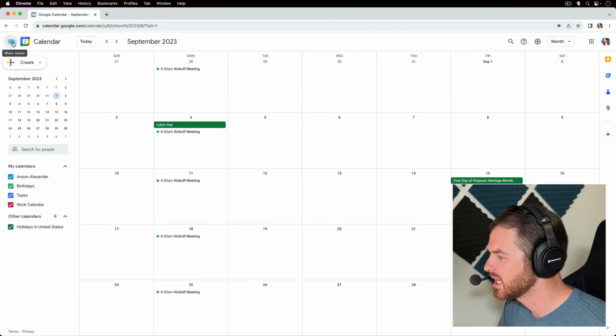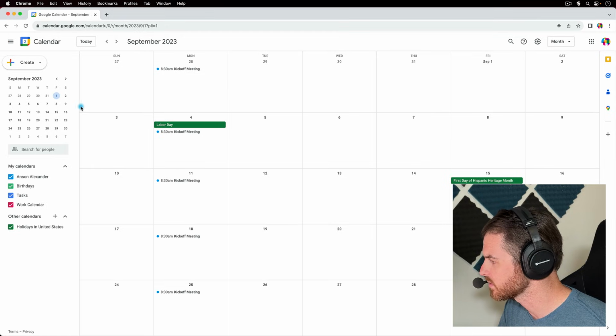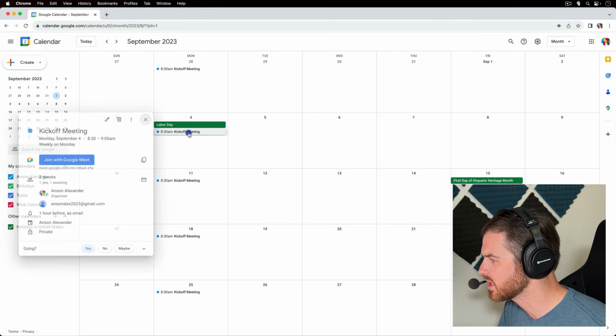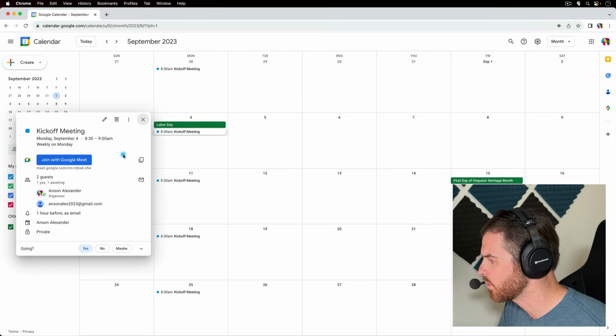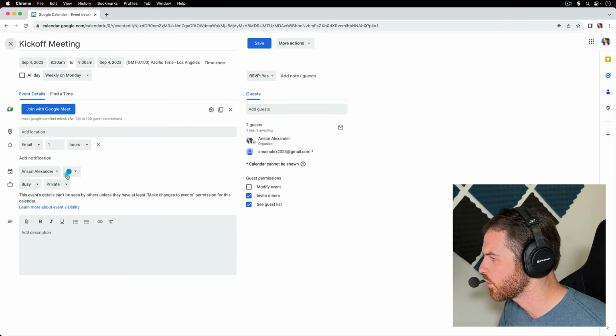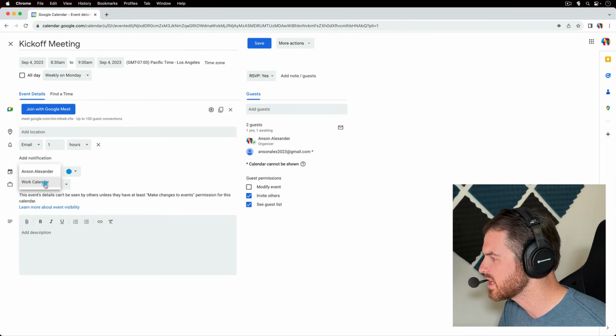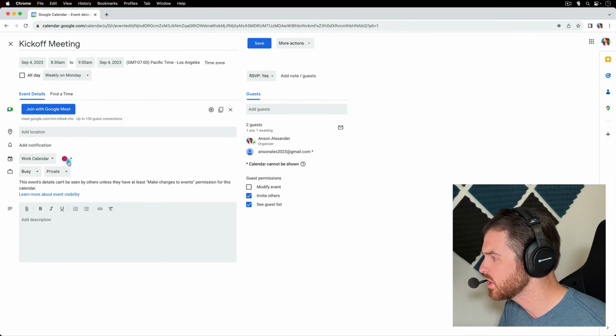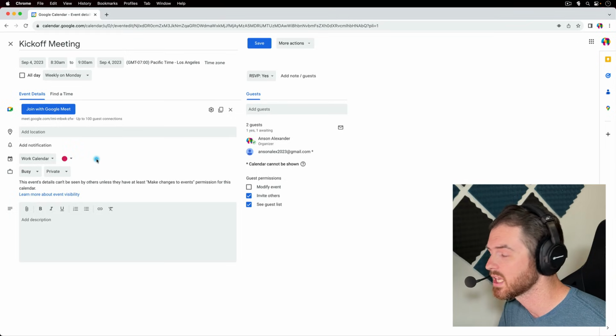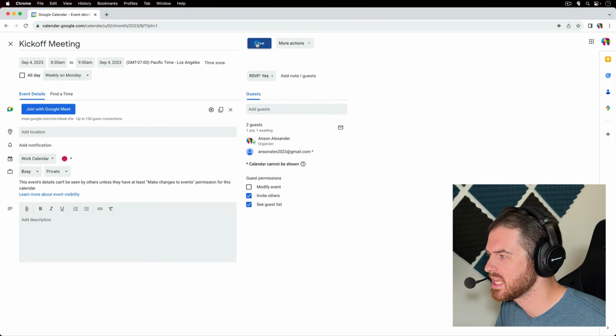Let's go back and make sure that this calendar is actually working. So here it is. We have Work Calendar. We have this kickoff meeting, which is on the personal calendar. Maybe I could click on this event, and you'll notice that my calendar is right here, but I could click on the pencil. I could go into this event, to this calendar section that we looked at earlier, and now I could specify that I want it on my work calendar. And I could give this event a particular color if I'd like. By default, it's just going to get the color of the calendar. So we go ahead and save this.